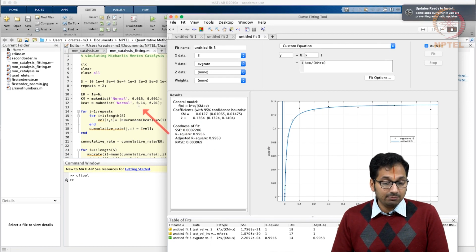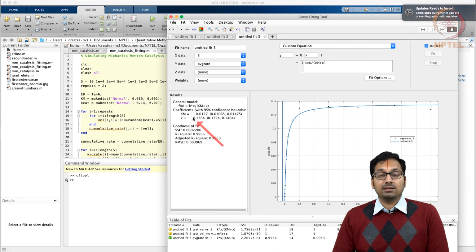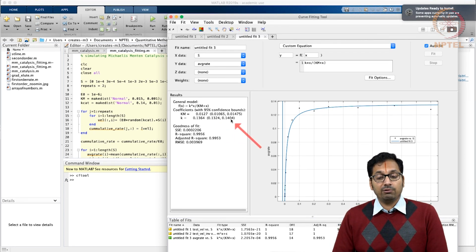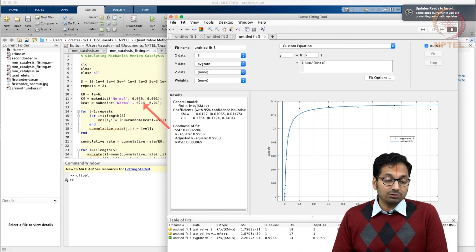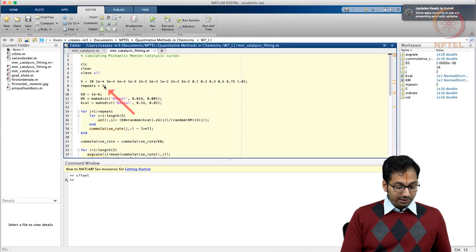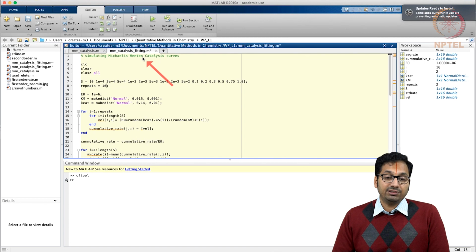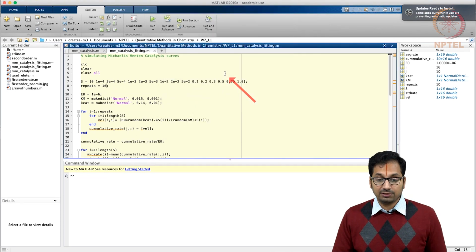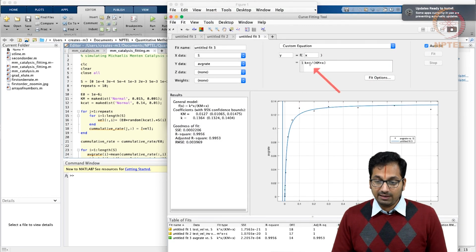Let's take a look at what was kcat. Kcat we provided as 0.14, and you are getting something like 0.1364, with a range between 0.1324 and 0.1404. This is quite interesting, because you nicely gave an average and standard deviation here. One would anticipate that the average of this Km and kcat comes very close to wherever you anticipated, and the error nicely represented. This is not happening largely because the number of repeats that you have done is extremely low. Why don't we repeat the same thing, and instead of doing it just 2 times, do it 10 times? So now you are able to see the errors and all the other values coming into play. Let's go ahead and fit it again.